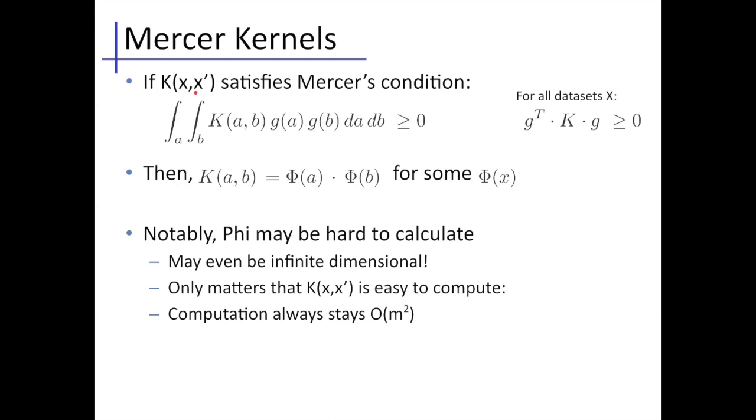Unlike in the case of the matrix, where you only have a fixed number of rows and columns, you can think of this as an infinite extension of the matrix version of positive semi-definiteness. If this condition is satisfied, we call it a Mercer kernel. And there is a theorem in mathematics saying that, if k is a